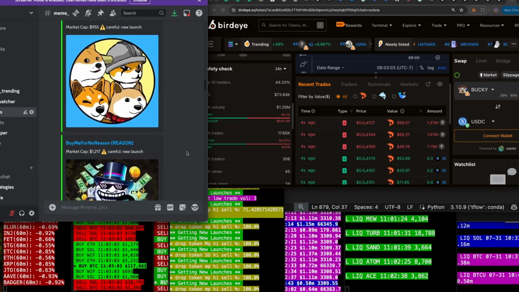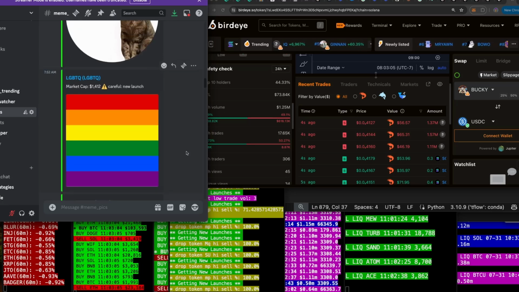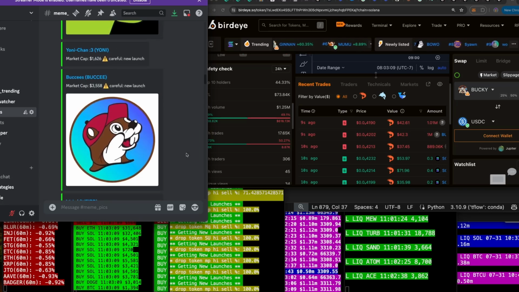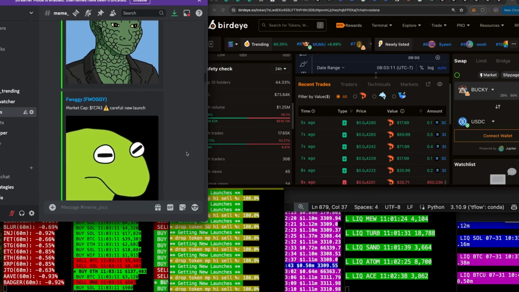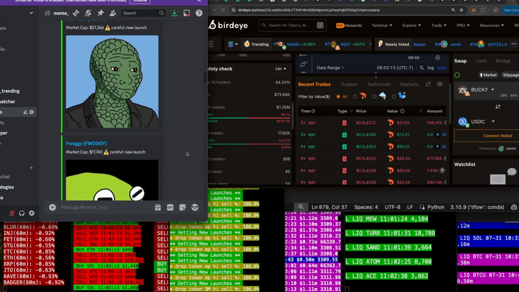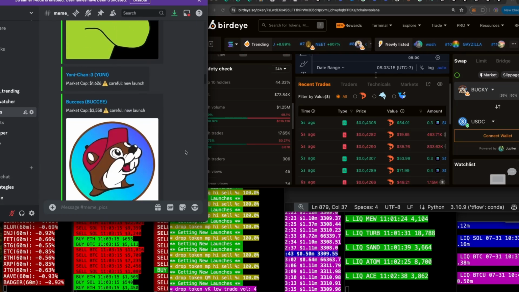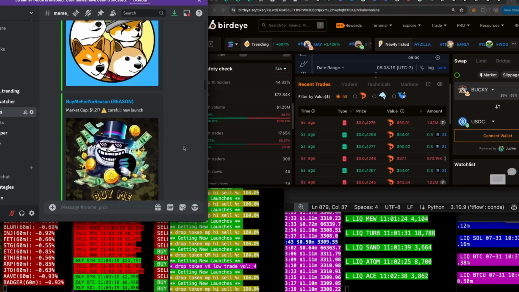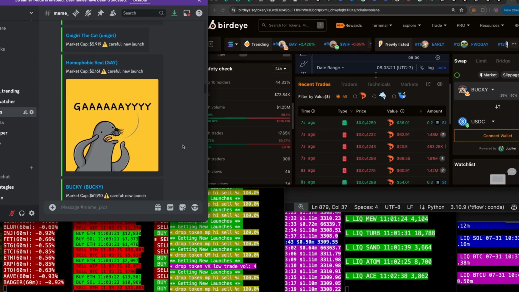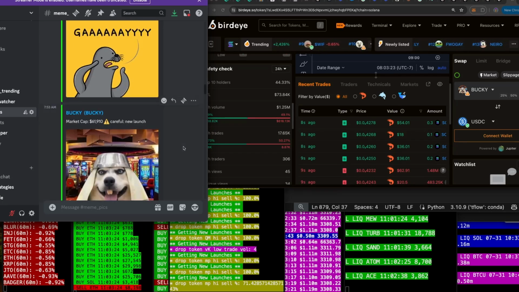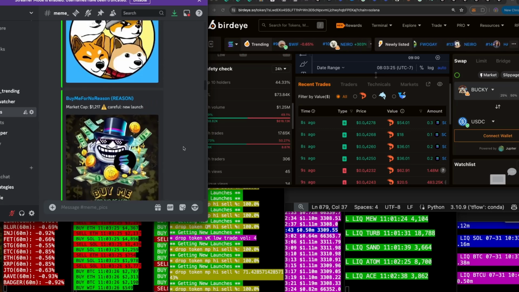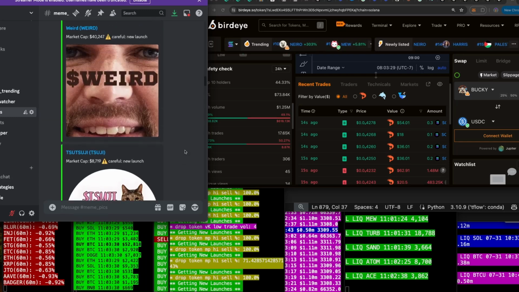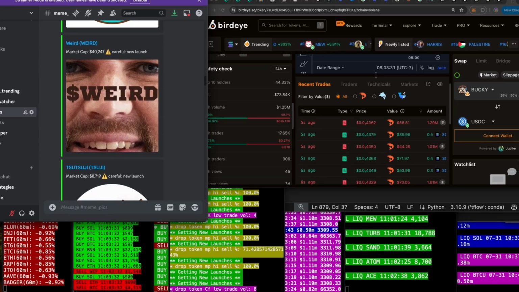But this is the tricky part about this Solana sniping: how do you build an algorithm that buys the good ones and doesn't buy the bad ones? It's obvious, but you can see there's not a lot of launches. Not a lot of new launches that made it into my algorithm. It used to be every like 40 new launches each day that made it into the algo. I mean, I know there's thousands of launches, but I'm starting to think what happened is